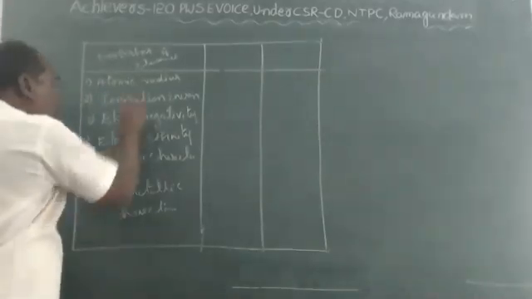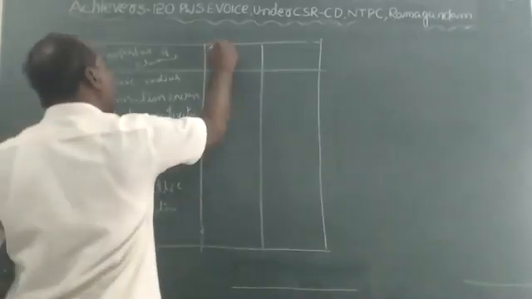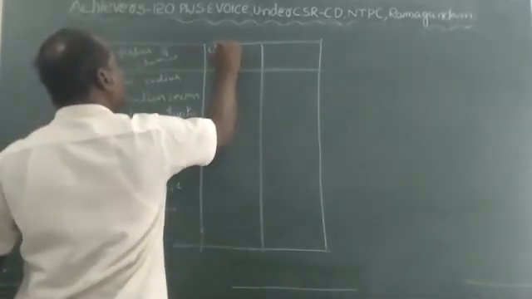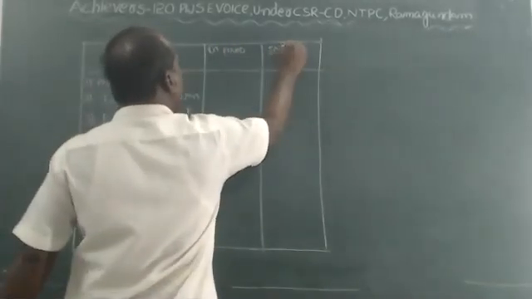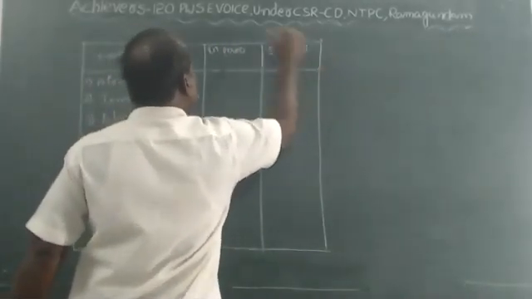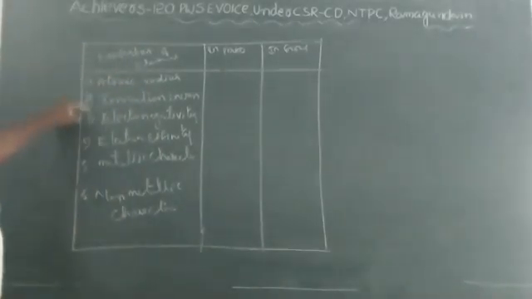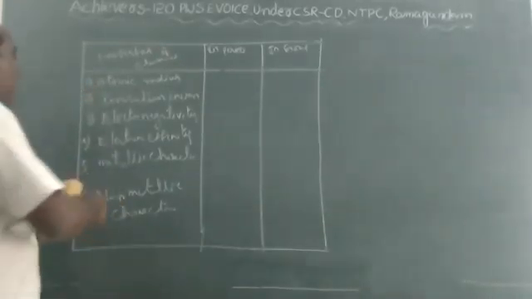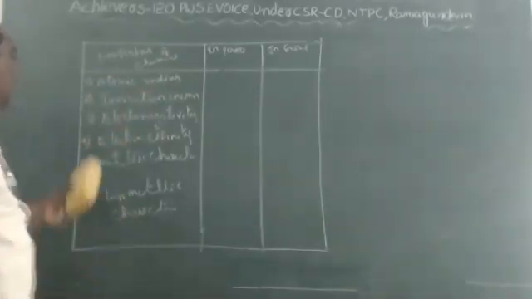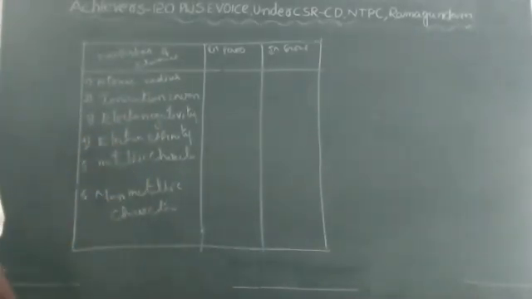And see, children, how these properties vary in a period and in a group. Let me see now. In a period, how they change. In a group, how they change. Very important question, children. So the important properties of elements in the periodic table are atomic radius, ionization energy, electronegativity, electron affinity, metallic character, and non-metallic character. Already we discussed them.